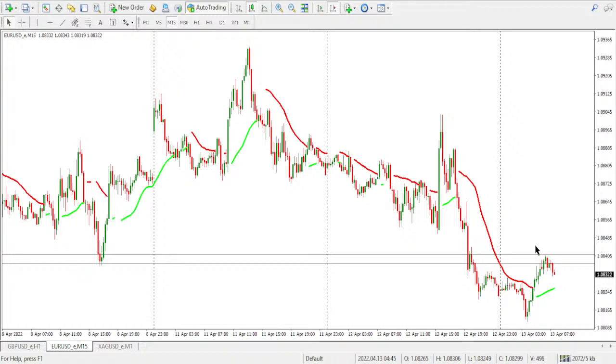So technically we are headed to the lower side on this chart. If the price can come back and touch this level, then that will give us an ideal place to look for a sell from. So we do have a shape. Yesterday we had a continuation of a shape, like we had that one there. We had another one